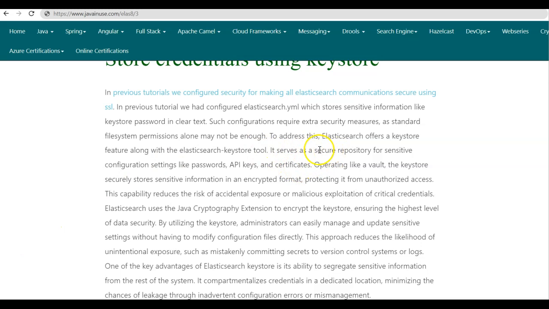The Elasticsearch keystore acts as a secure repository for sensitive configuration settings like passwords, API keys and certificates. Operating like a vault, the keystore securely stores the sensitive information in an encrypted format, protecting it from unauthorized access. This capability reduces the risk of accidental exposure or malicious exploitation of critical credentials. So unlike clear text, there can be no unauthorized access.